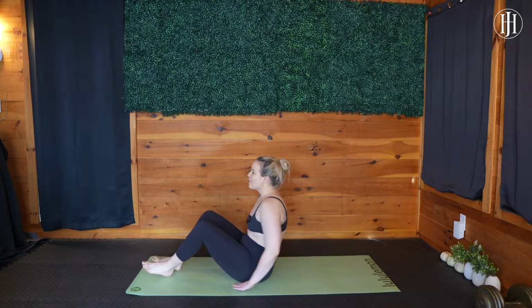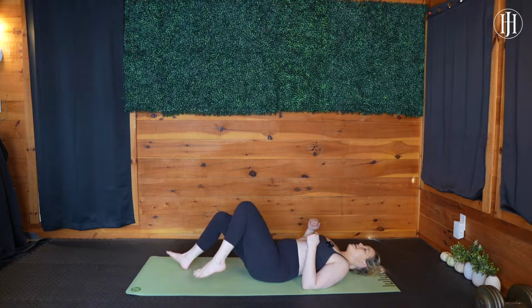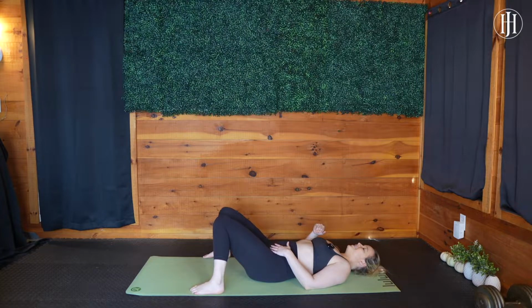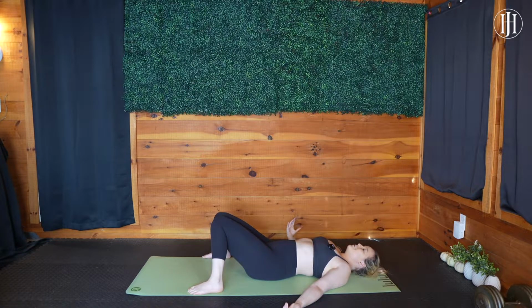So we're just gonna come all the way down to the back body. Feet are gonna come to the outer edges of your mat, knees are gonna fall in together. Let the arms just rain fall by the sides, palms facing up. Flutter the eyes closed. Let the tension drop out of all of those joint spaces, from the knuckles to the